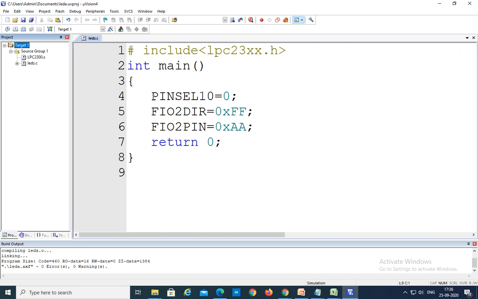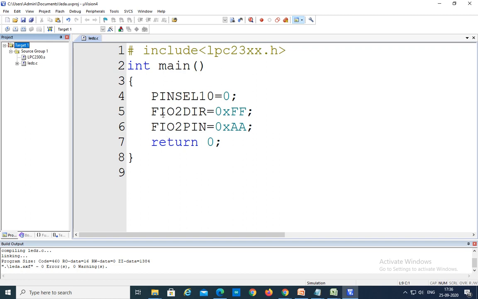Already you know how we have done the program. In the very first line, we are making all the pins general purpose input output pins by storing 0 in this register. After that, we are specifying the direction of pins as output. Why? Because we are sending some signal from the processor to the LEDs such that the LEDs will glow.